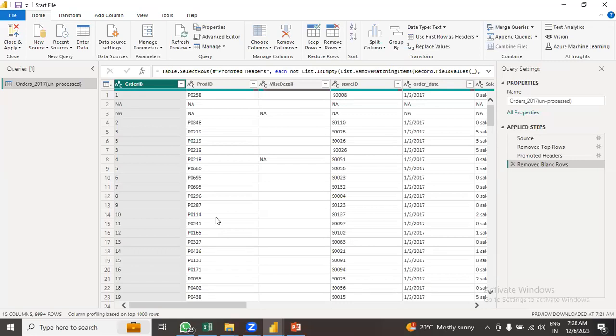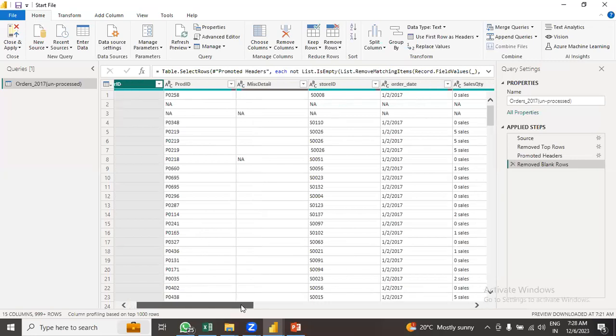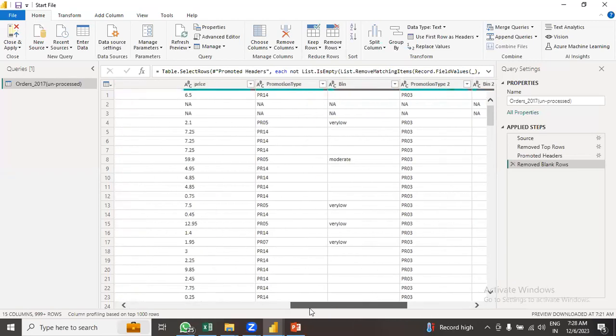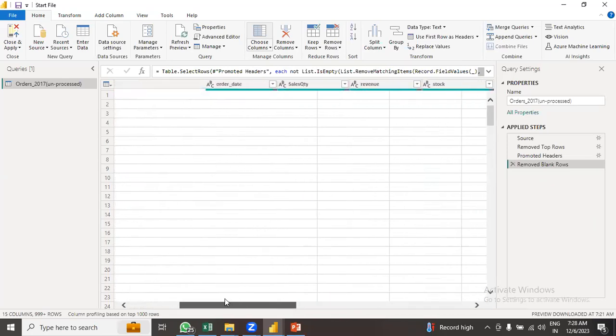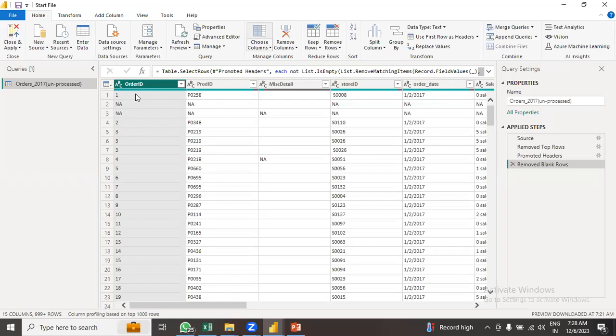Now, one more question for you all. All these order details are characterized by one primary key. What is that? Or identified by one primary key. What is that? Which is the primary key in this table? The Order ID is the primary key, because every order in here is identified by the order number or